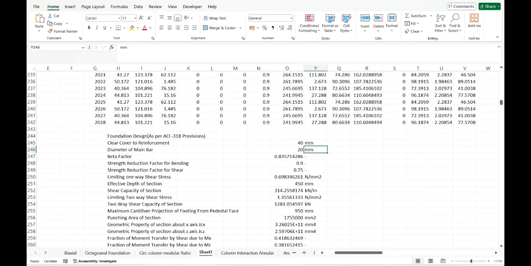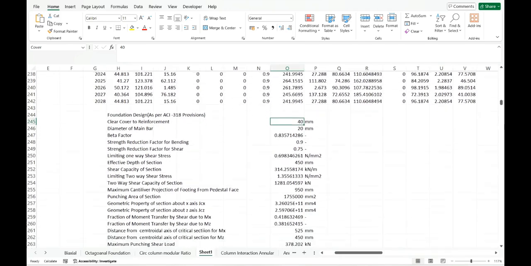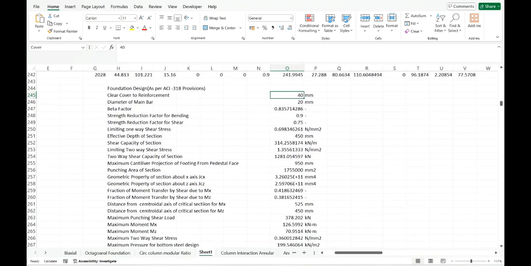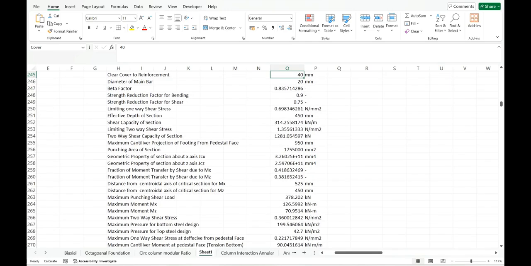Now we define 40 mm as the cover, and 20 mm as the main bar diameter, and we have provided all the strength reduction factors as per ACI 318 provisions. Then we calculated the one-way shear stress, the limiting one-way shear stress, and the effective depth. Based on that, we calculated the limiting shear capacity of the section, and also, based on ACI 318,